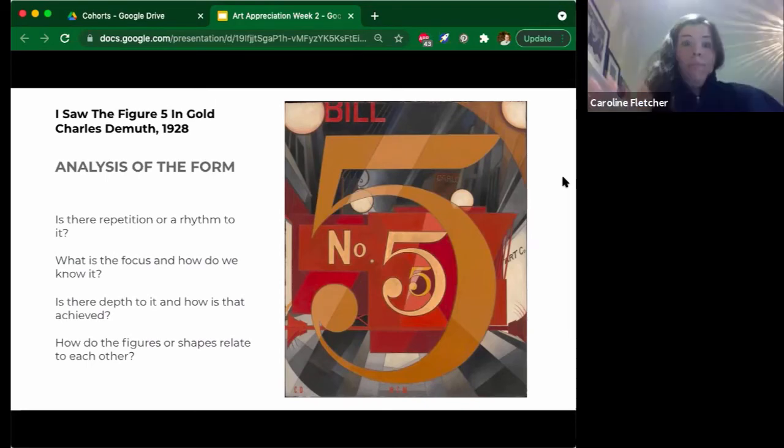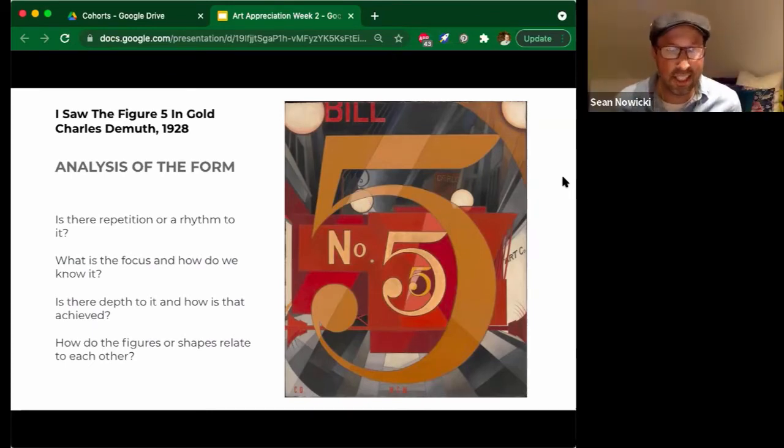Okay, I think that's great, and I think you actually answered the last thing, which is, the figures and shapes relate to each other because there's this sort of movement between everything, right? In addition, things that we've already said, like these red shapes that are stacked on top of each other, and these 5s going off into the distance. All of this is telling us that there's movement in this, which is important to this painting for sure, because there does seem to be this interplay between